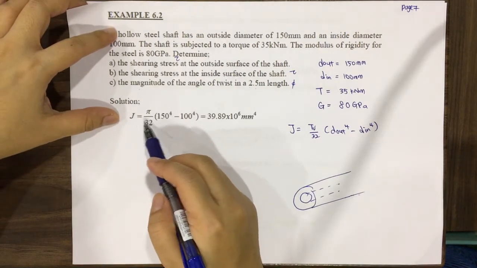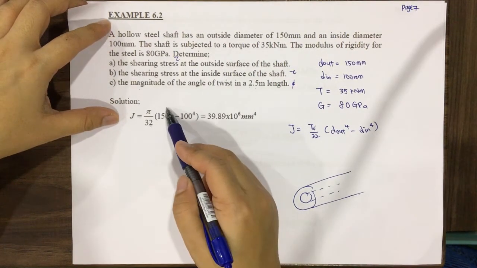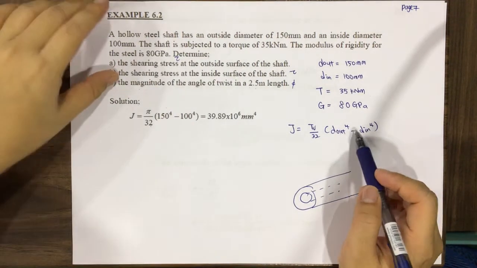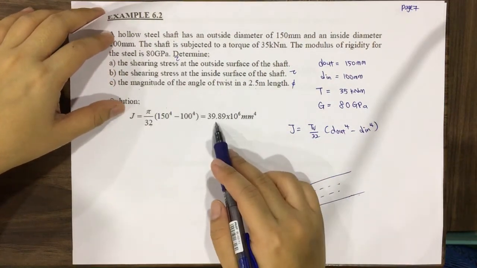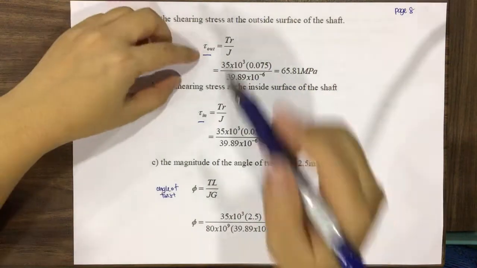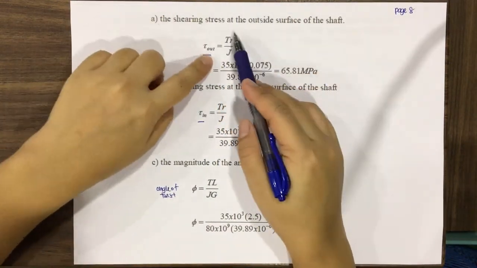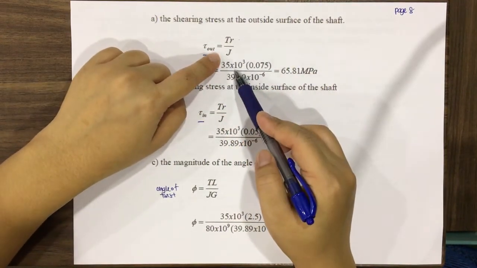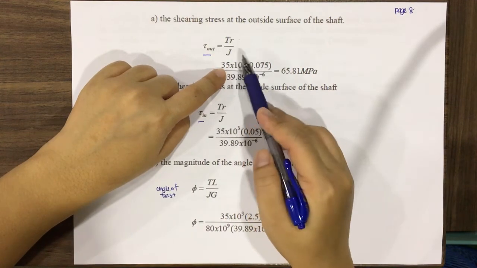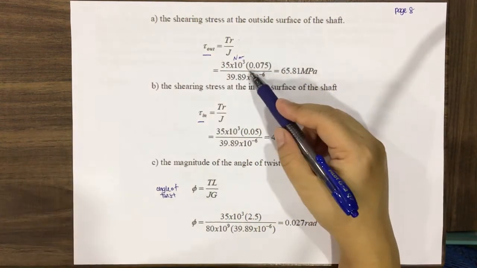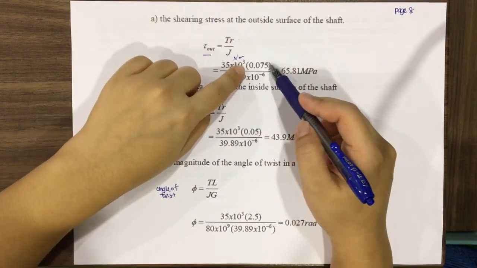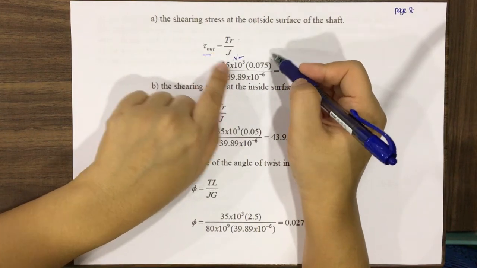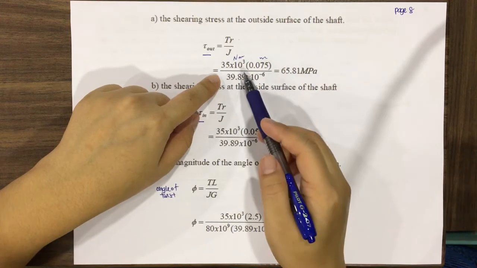We know that J is equal to pi over 32 times D out to the power of 4 minus D in to the power of 4. So we substitute the values inside and we can get the value of J. The shearing stress is equal to TR over J, which I explained just now. T is 35 kilonewton meter, so here it is in Newton meter, times R. R is 0.075 for the outer, because the diameter is 150 mm, so it's 75 mm for the radius, and then you convert to meter. And then J here is